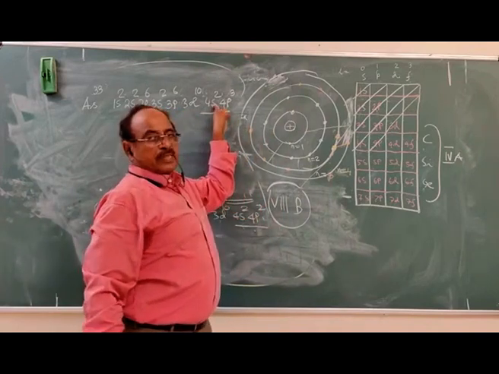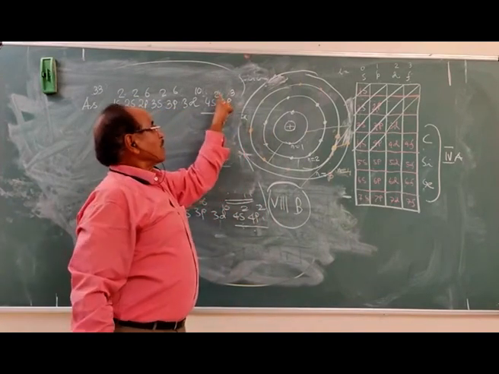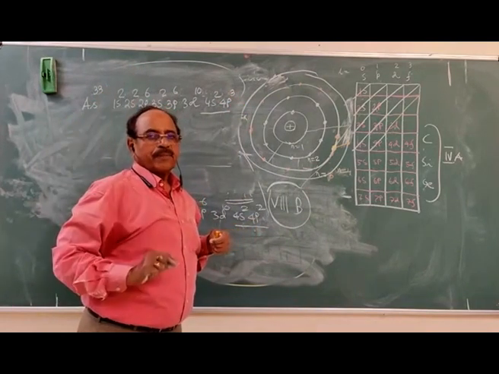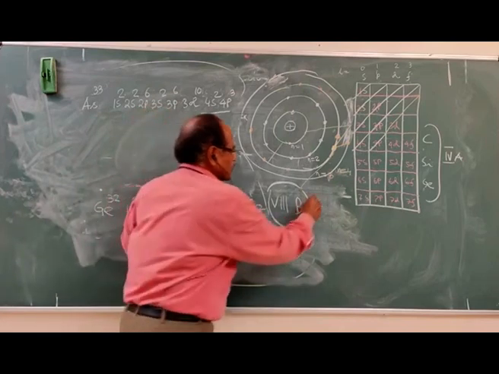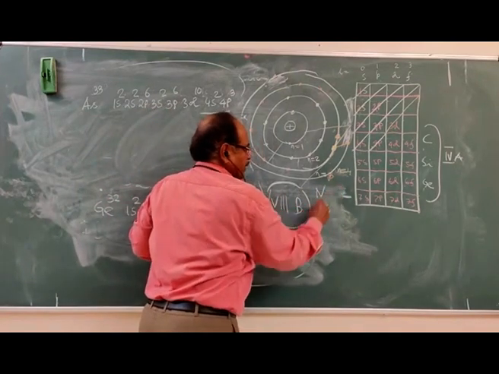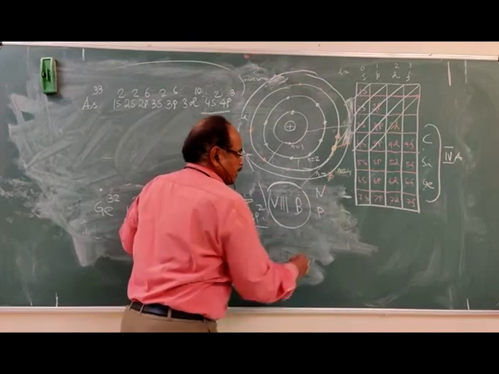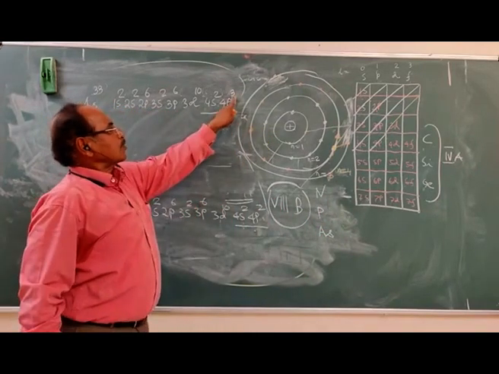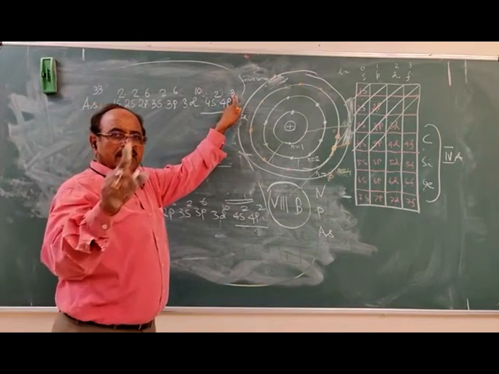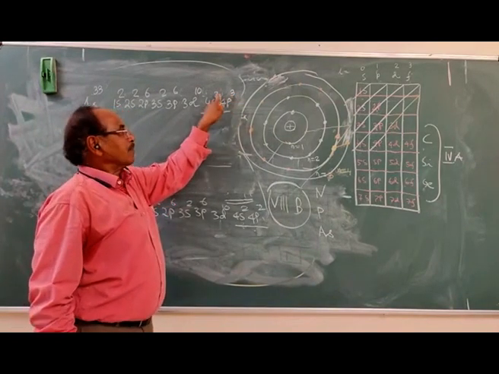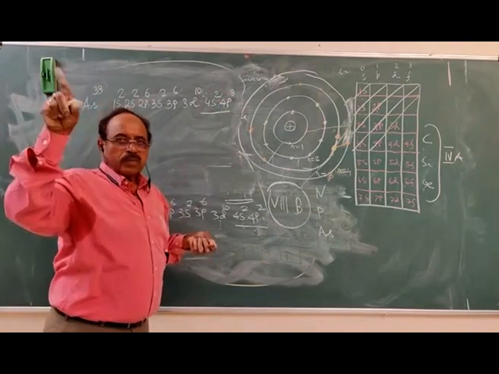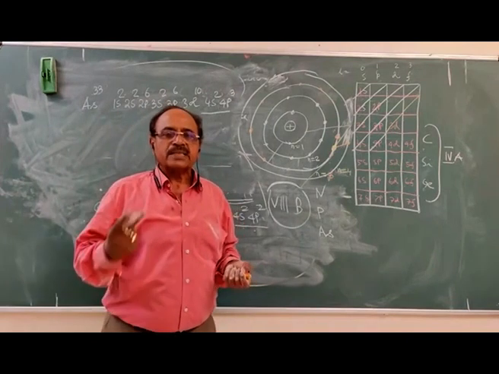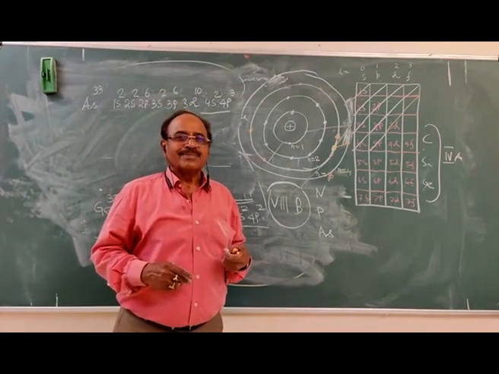The principal quantum number is 4, so fourth period. Number of electrons are 5, so 5A subgroup of the modern periodic table. So you have nitrogen 2s2 2p3, phosphorus 3s2 3p3, now arsenic 4s2 4p3. This has 3 electrons in the p orbital, so it exhibits valency 3, and 5 electrons in the outermost orbital. So arsenic exhibits 2 types of valence states, +3 and +5.